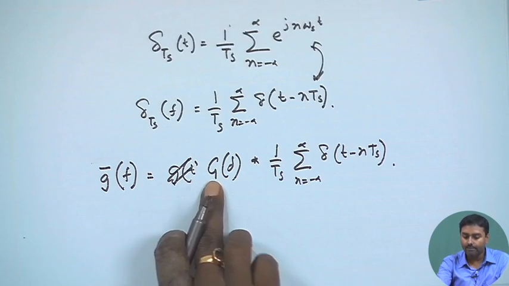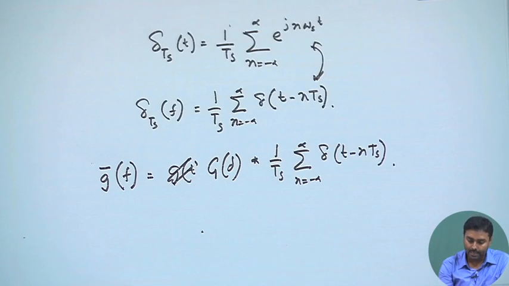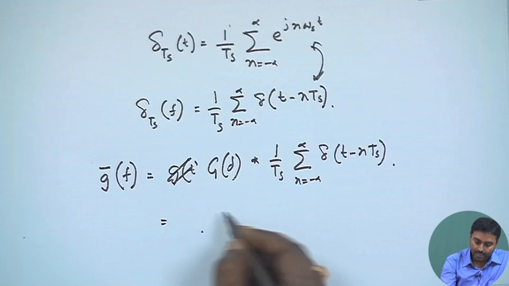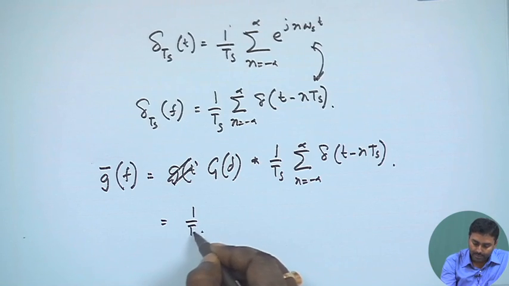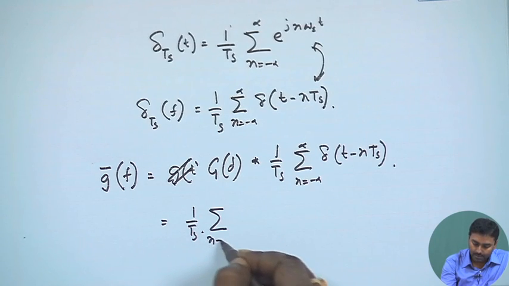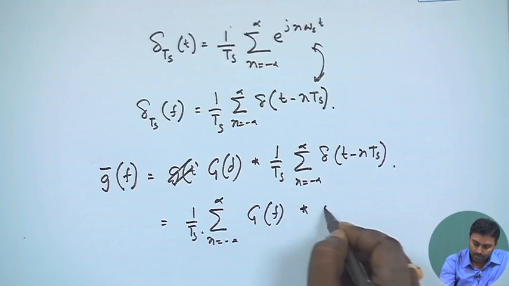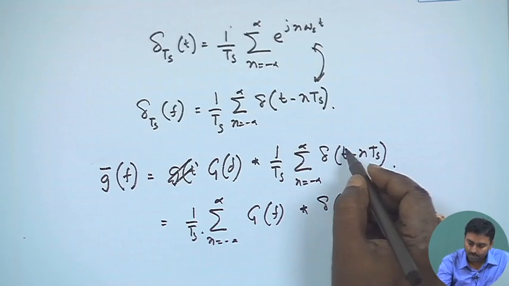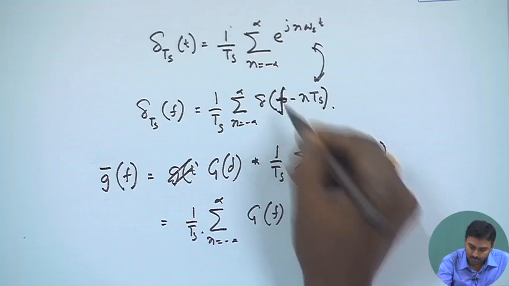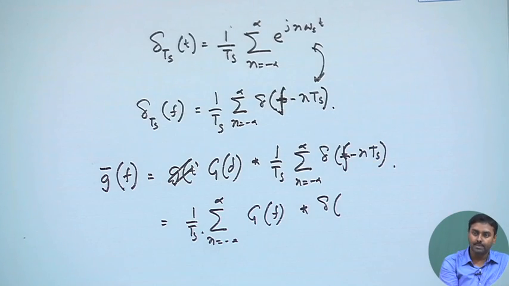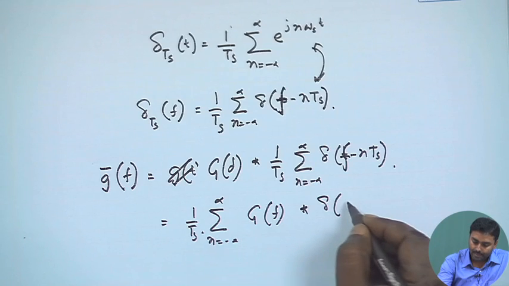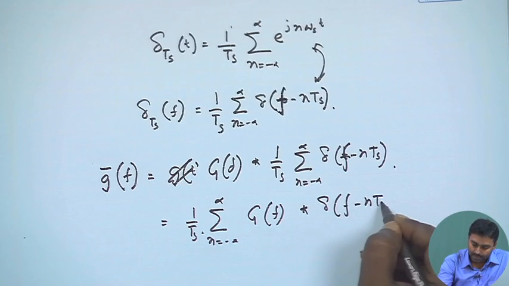So, G f I can take inside, there is no problem in that, because this summation has nothing to do with f. So, I can write this as 1 by Ts summation n minus infinity to plus infinity, this is nothing but G f convolved with delta, sorry, this should be, that is a frequency domain representation. So, that must be f, right. So, that is f minus n Ts,